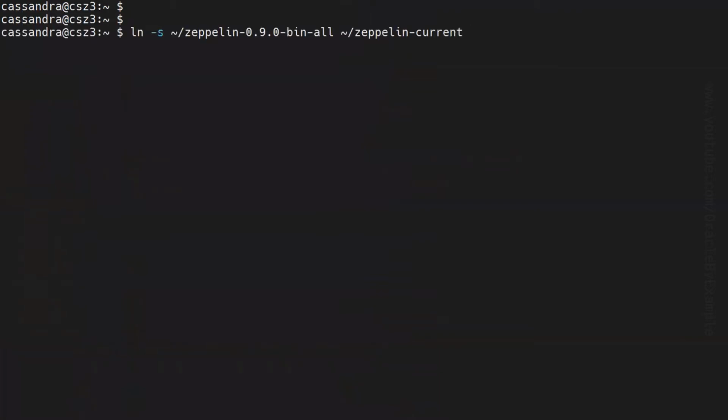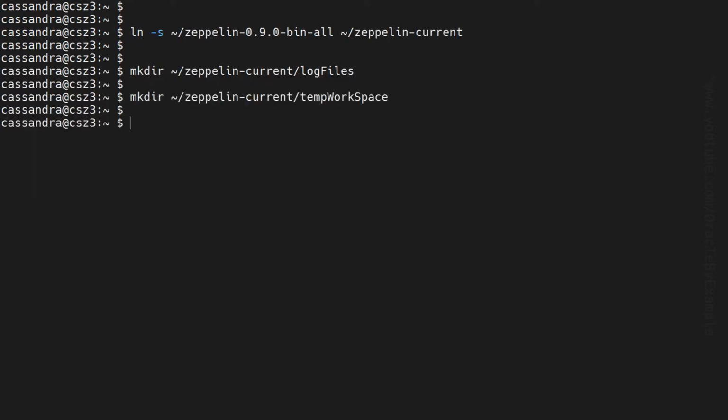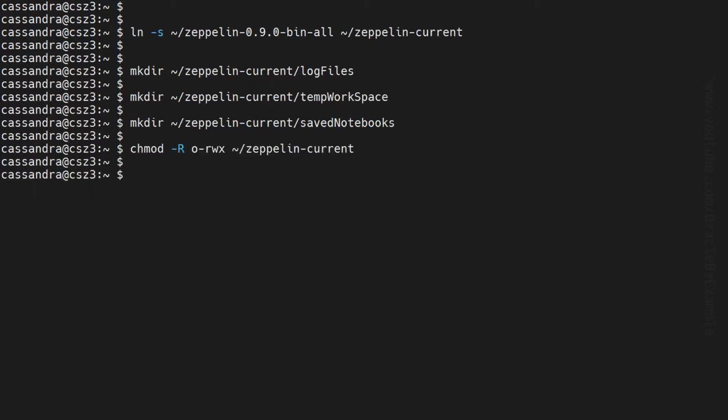I will create a soft link for the Zeppelin folder. I will create few folders which are required for Zeppelin. Using chmod command, I have also set the permissions for the Zeppelin folder.